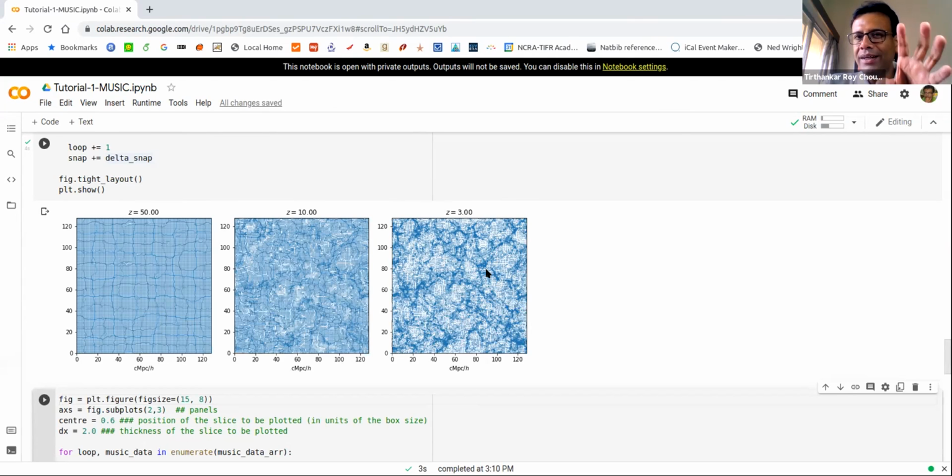So this is basically a simulation of structure formation which you have run in a simple way. Okay, and then you are visualizing them. And these are the kind of plots you would see. In fact, for example, when I was doing a PhD,